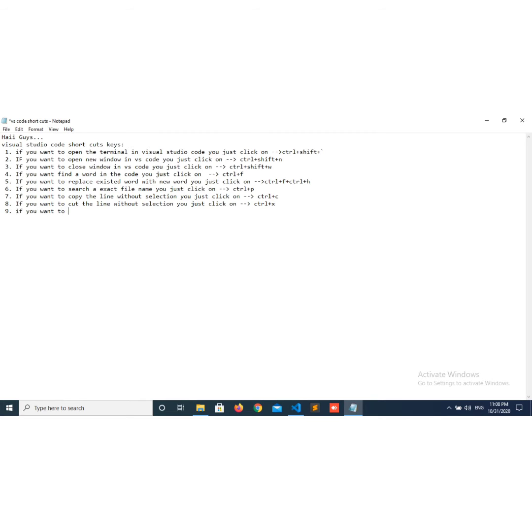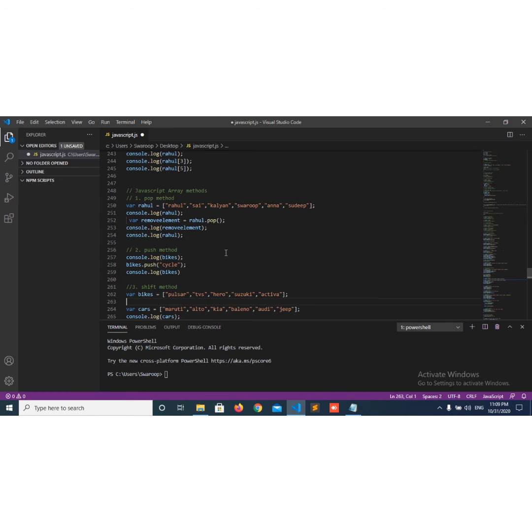If you want to delete the exact line without selection, you just click on Control plus Shift plus K. Let's see.